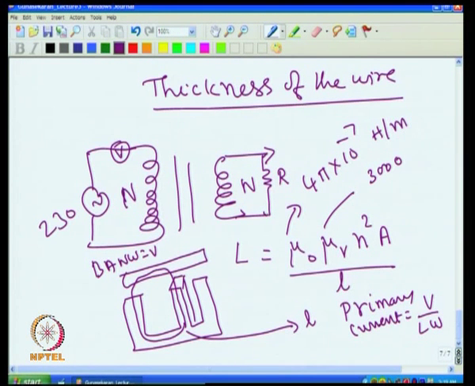Of course, when you load the secondary, for example, if I connect a load here, resistance R, then there will be a current here. This current will produce a magnetic field in the secondary. Now, the secondary magnetic field is opposite that of the primary magnetic field. So, what is really happening is, if I connect a load in the secondary, then there is a current in the secondary coil. This current produces a magnetic field, since the primary and secondary are coupled. If more current flows here, then more magnetic field is generated by this, and in the primary you have already some magnetic field generated.